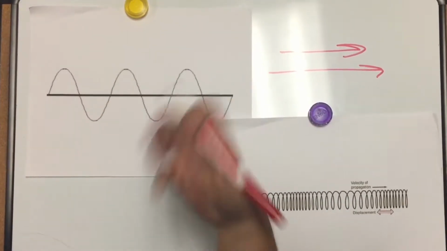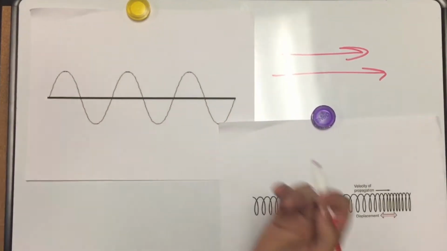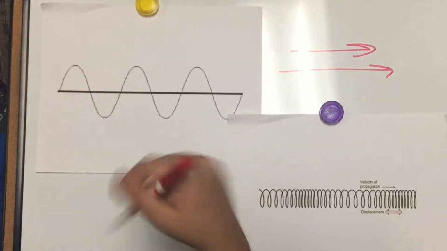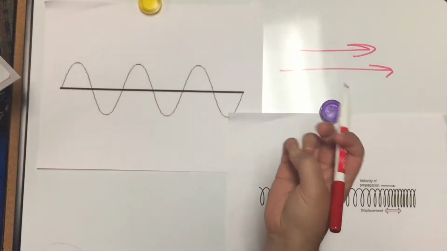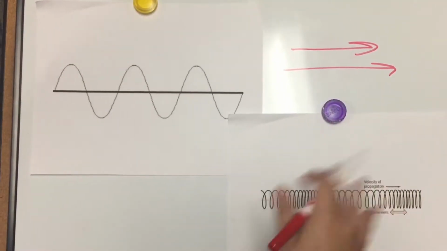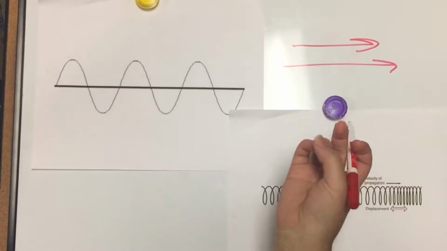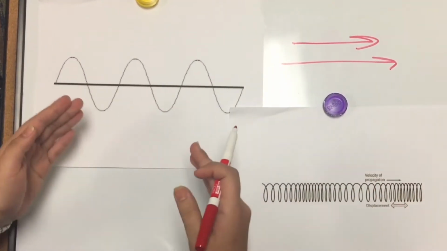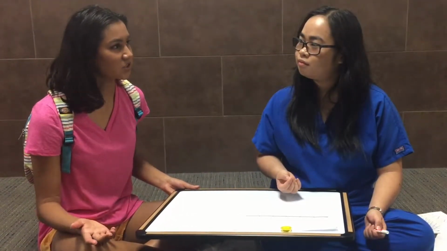But light waves can travel through a vacuum, and I don't mean this vacuum. I mean a space where there is no matter and conditions are well below normal atmospheric pressure. And also, they can both reflect, refract, diffract, and interfere. I know what reflection and refraction are, but what is diffraction and interference?